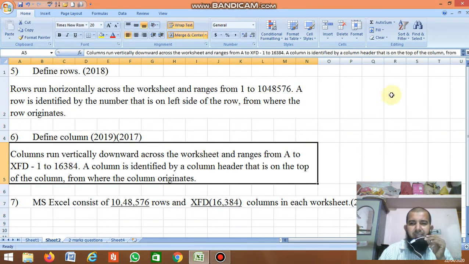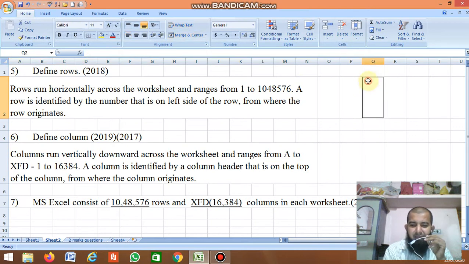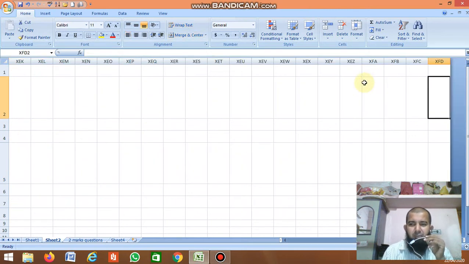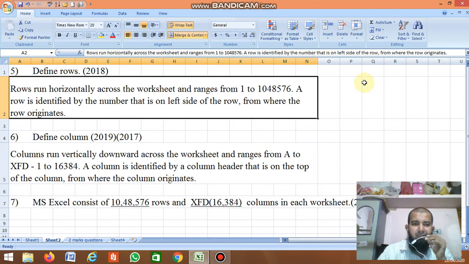The last column is XFD. If you press Control and the right arrow, it goes to the last column, XFD. A column is identified by the column header on the top of the column. A, B, C are all column headers, starting with A.